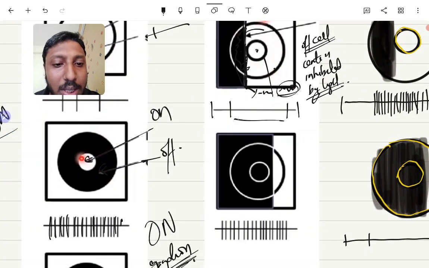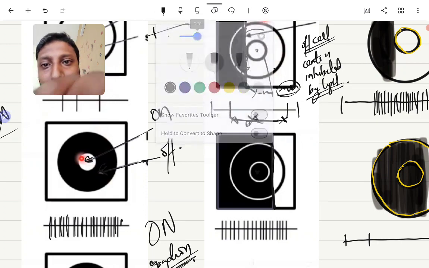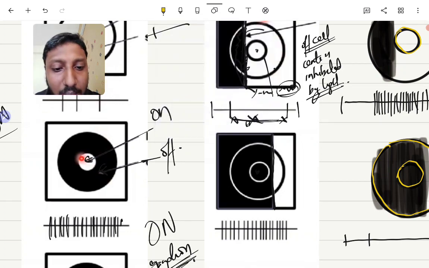So this can happen. There is an inhibition. This is valid information. This shows that some edge is here, so this can be detected as an edge. Another thing is, look at this point. If the edge moves here and you shine a light so that there is an edge here, what happens? The center is dark, so it gets stimulated. The center has got a positive effect, and the surrounding will try to inhibit.